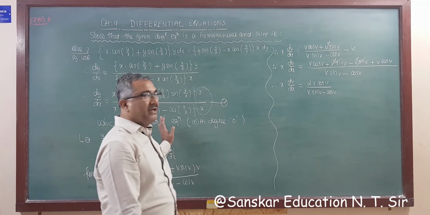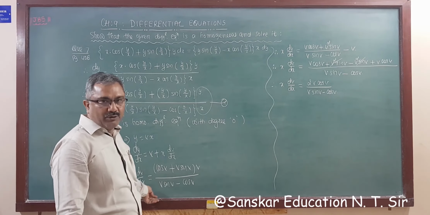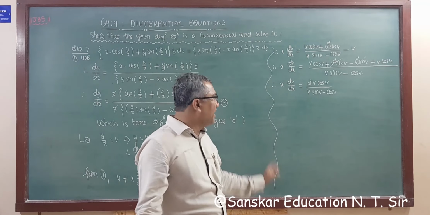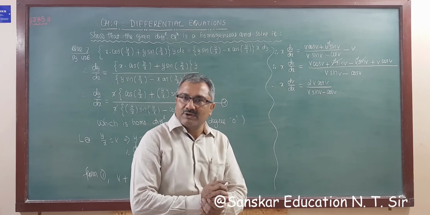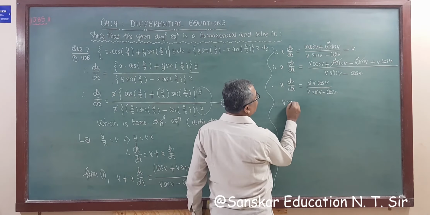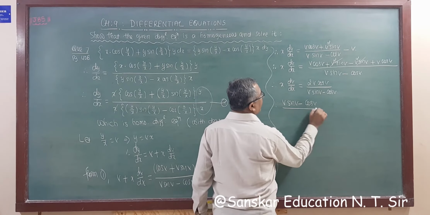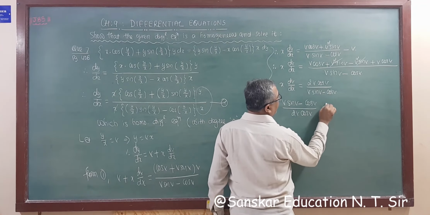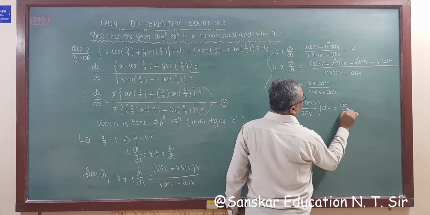So nothing to do. You have to simplify after substituting the value of y is equal to vx and the differentiation value, right? Change into a variable separable form, and that is the tedious work. You have to write many steps. Okay, so now this is a variable separable form. So we get v sin v minus cos v, taking these to left hand side, whole upon twice v cos v, right? dv is equal to dx by x.